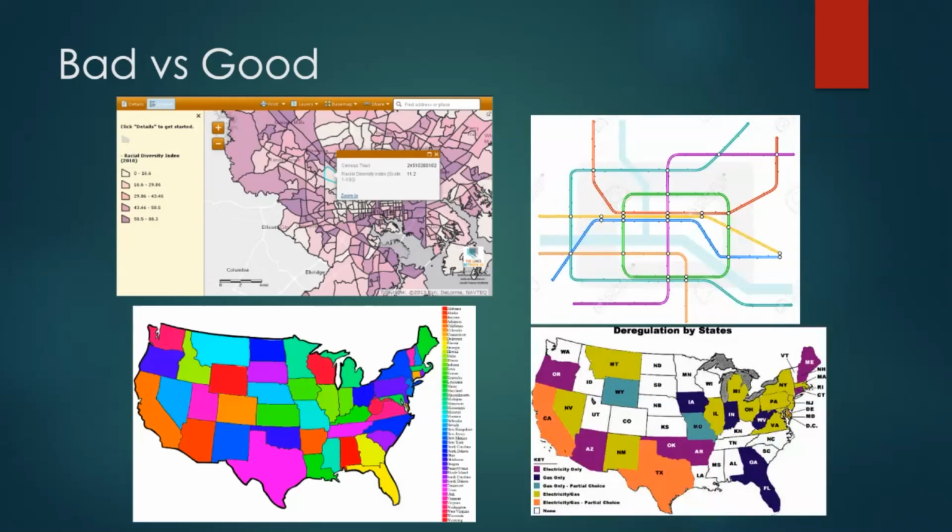This top left graph, or this map, is requiring, while only a few different colors, it's requiring you to discern between colors that are very close on the spectrum, right? So you have to be able to see that this area right there corresponds to probably this one, right? But you have to bounce back and forth.